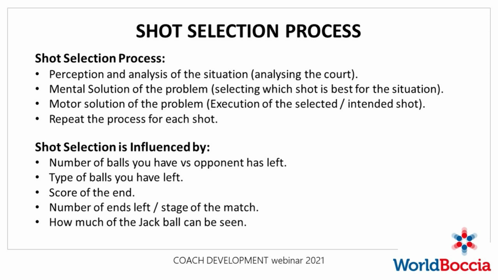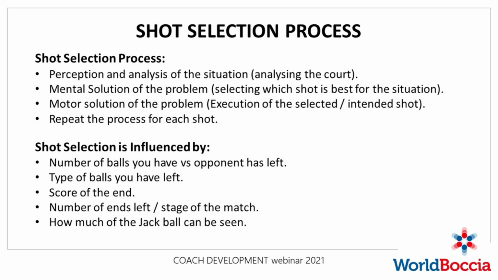The types of balls an athlete has left also matter. If we get towards the end of an end and we find ourselves with harder balls left to play, that's going to limit the types of shot we can play. So if we're left with harder balls, we're probably looking at more push-on shots, push-off shots, looking to use other balls on court in terms of ricochet shots, or looking at smash shots, those harder balls. Whereas if an athlete is left with softer balls towards the end of an end, they're probably looking to use more placement shots, block shots, or if they can generate the power, you can use a softer ball for a push shot as well, push on or push off.